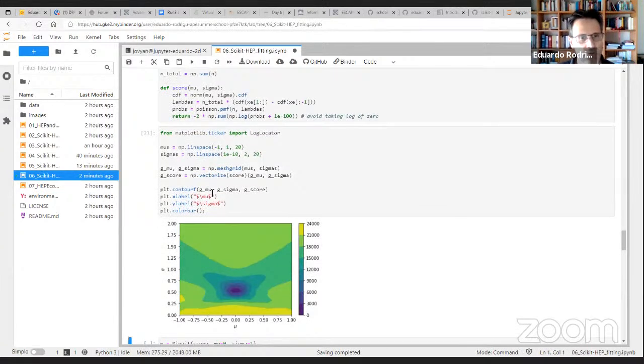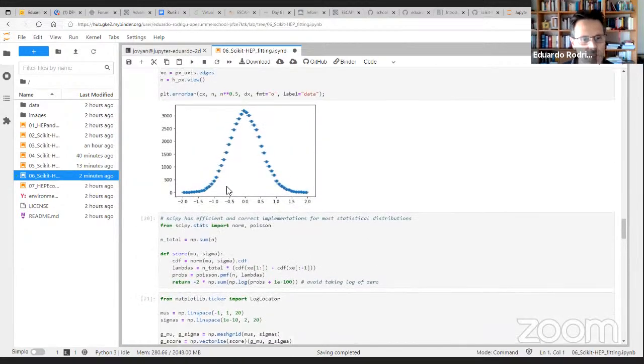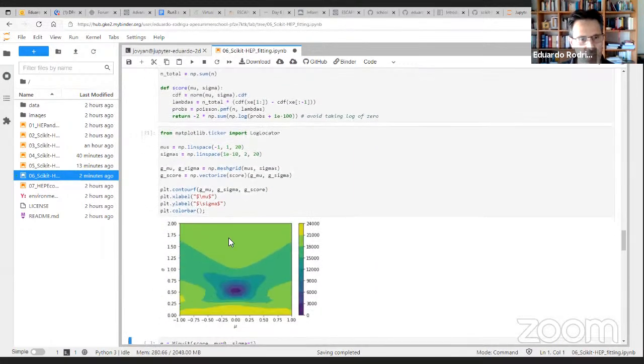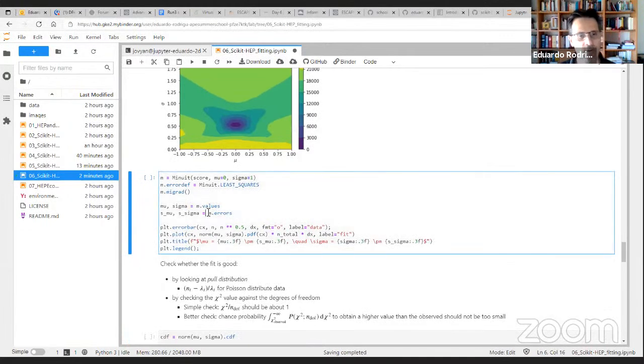So here you see the score function with the mu variable and the sigma variables, just plotting. The interesting bit now is on the plotting and minimization. So again, you instantiate IMinuit with your loss function, and you initialize with the variables of